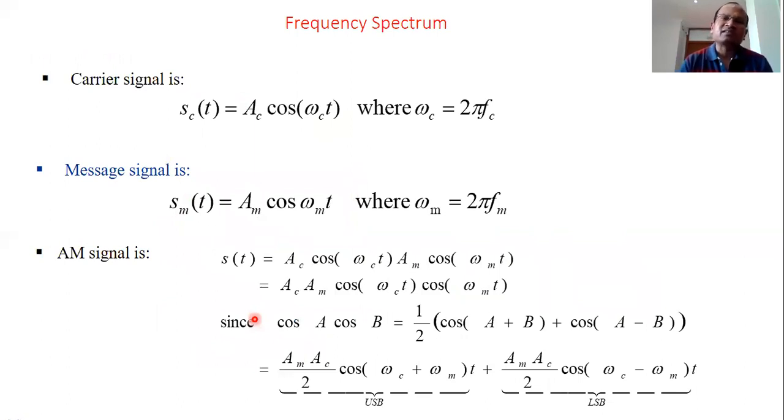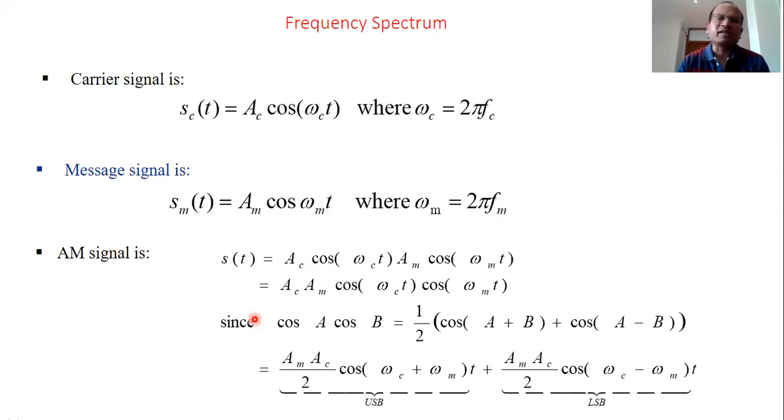Let us see some mathematical analysis. We have already discussed the frequency spectrum of an amplitude modulated signal, the AM signal. How do we get it? On the frequency plot, in the frequency domain, we plot the amplitude of different components. Frequency spectrum is actually the amplitude spectrum. Here we are talking about the amplitude of the components; the various spectral components plotted versus frequency constitute the frequency spectrum.